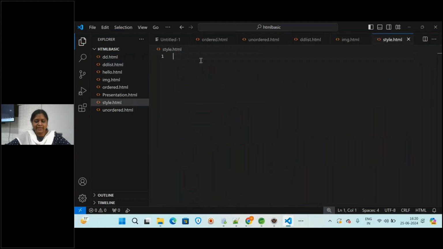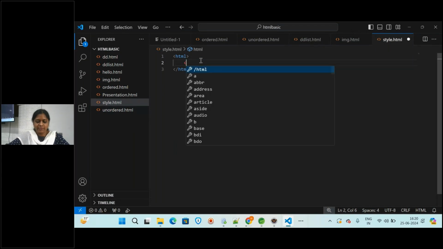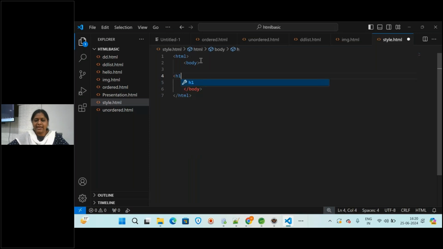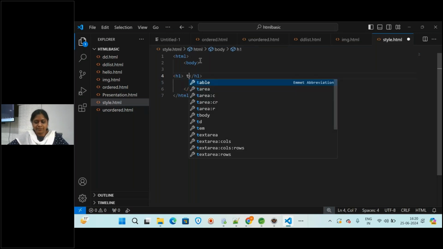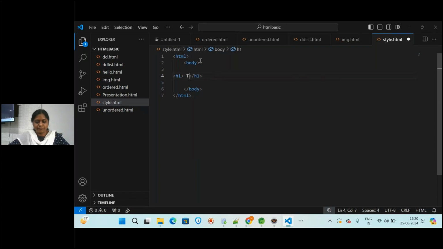So I'll write here the html tag, and then you can write the body tag here and close the body tag. And here we are writing some h1 heading, and in this you will be writing, this is applying style to text.